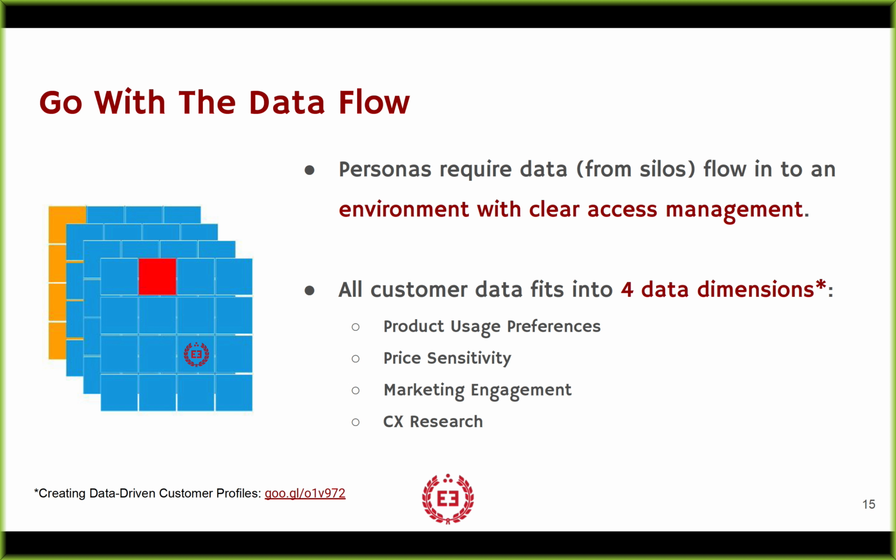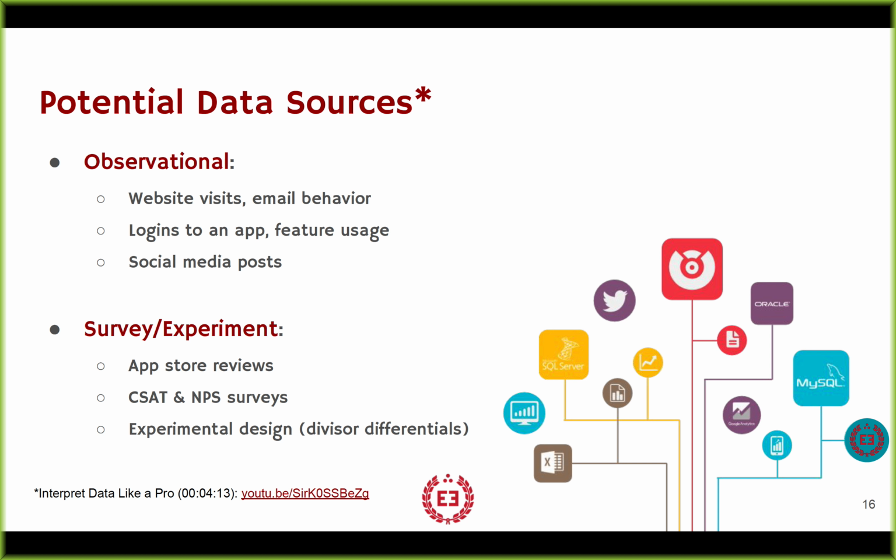And then there's marketing engagement. So much money is spent on getting out in front of customers. Is that effective? What channels are effective? This is attribution stuff. This is also messaging. What about the messaging about the product and the price is affecting the effectiveness? And then finally, all the stuff that CX teams do, mostly research, but their CX teams are starting to use more observational data that exists from things like the product itself.